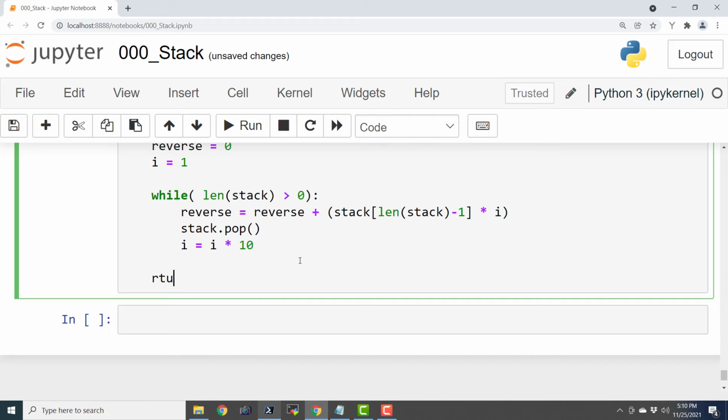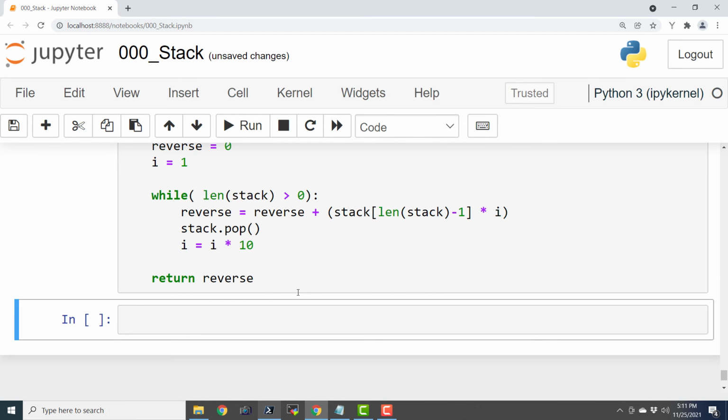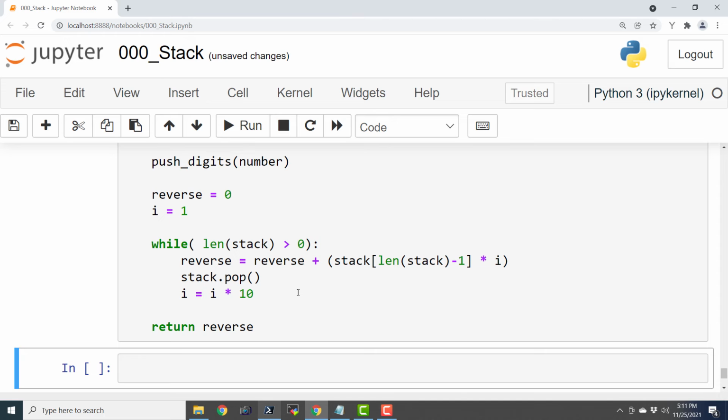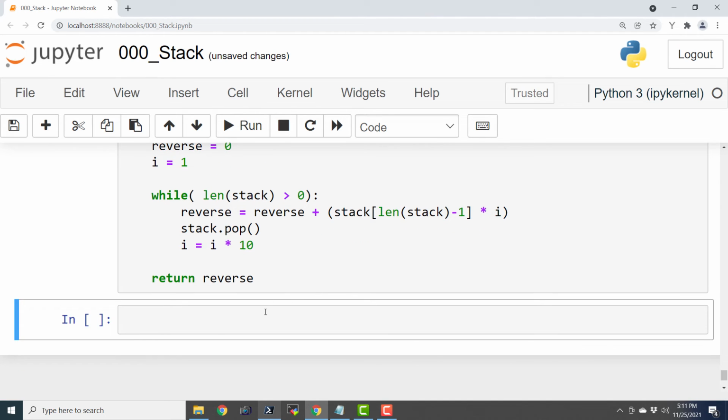And here we are going to say return reverse. So when this while loop finishes the execution, the reverse will have the value of the reversed digits of that decimal number. And it will be very interesting to see this in action. So I executed it and there doesn't seem to be any sort of syntax or spelling related mistake or error.